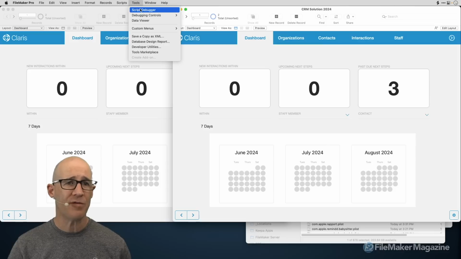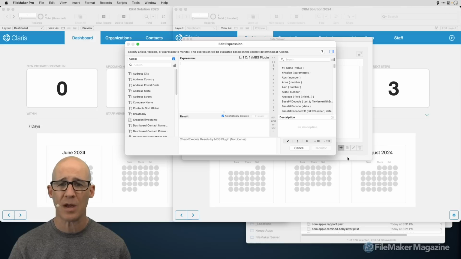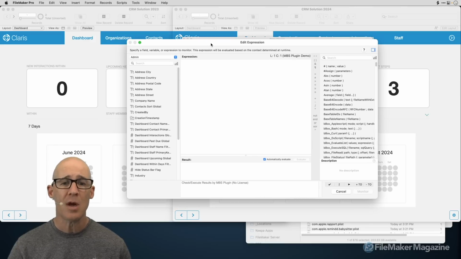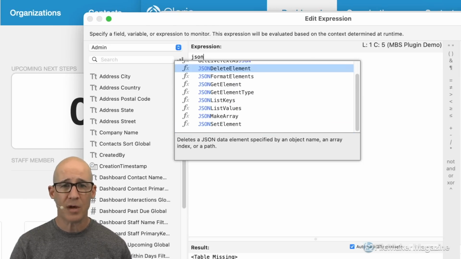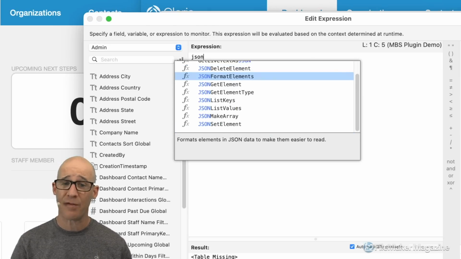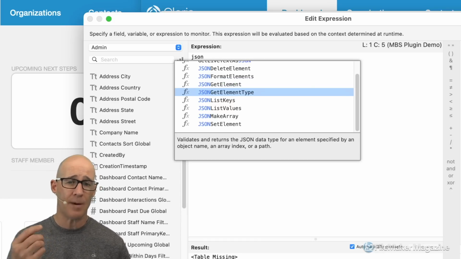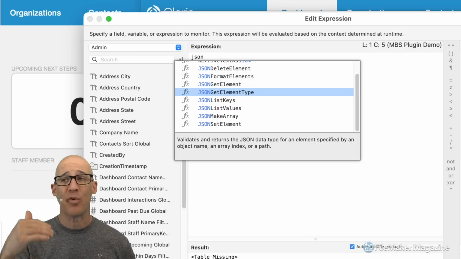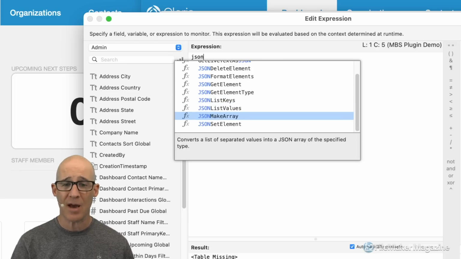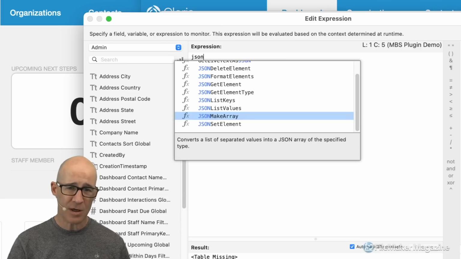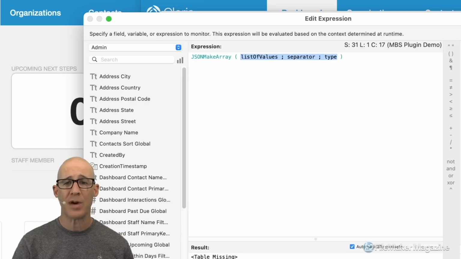So heading up to our favorite tool, the watch variables, we can take a look at the new features that we get. I believe there is a new function, which we're going to see here in FileMaker 24. We start to type in JSON, and we had delete elements, we had format, we had get element type, which was recently added, which is helpful for determining the type without having to evaluate the full JSON. List keys, list values we had, but we did not have make array. That is a new function in FileMaker 24, but also there is a new feature that we're going to see